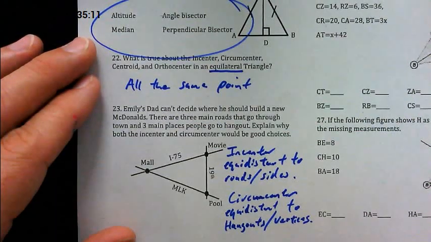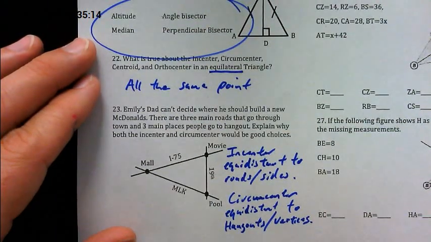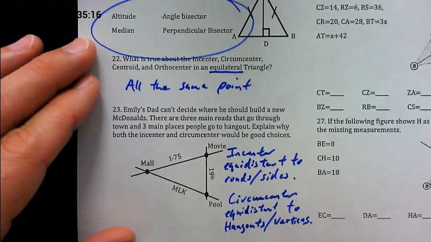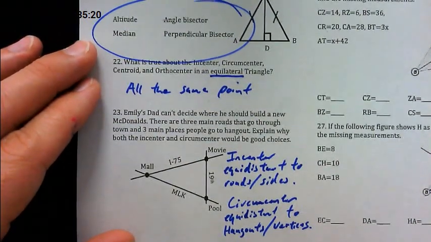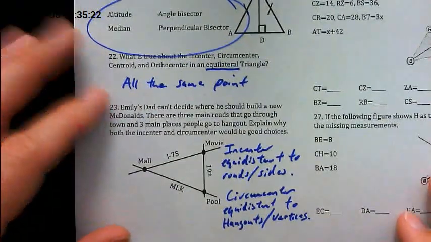Wait, did I just say that backwards? Yes. Incenter is equal distance to sides, circumcenter is equal distance to vertices. I'm not sure what I said the first time. All right. Anyway,